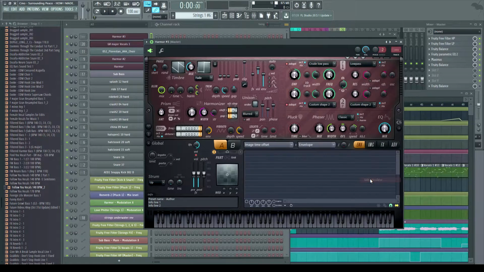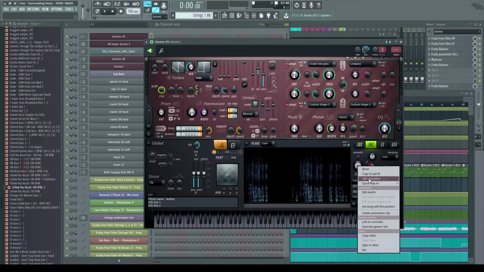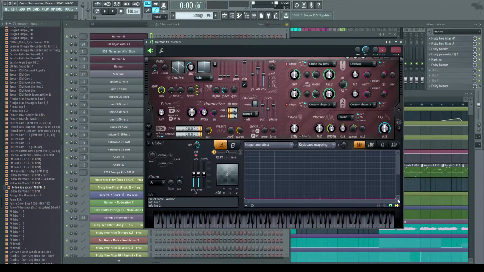Go into the time offset section. This thing, right click, hit edit articulator. Go to keyboard mapping. Drag the bottom node, I guess you could say, that's right there on the right side, and drag it all the way to the top. After you do that, go to pitch. Then go to keyboard mapping. Drag this all the way down here. Drag the right node all the way down to the bottom, and drag the left node all the way up to the top. What that's going to do is make every single note that you play in this particular patch the same static pitch.